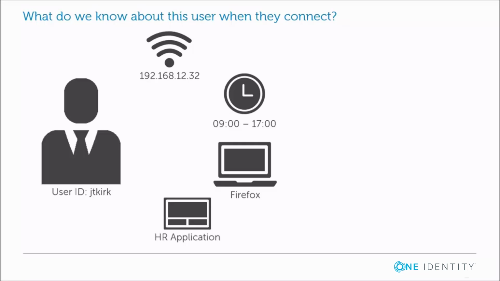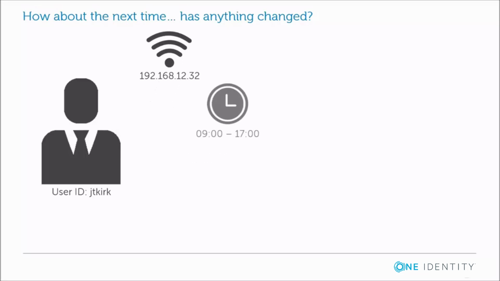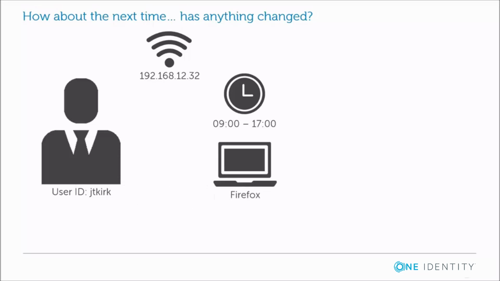Well, what about the next time this person connects? Well, we see his IP address. Nothing's changed. We see the time of day he's connecting. Nothing's changed. We see the browser he's using to connect. Again, nothing's changed. And finally, he's connecting to the same application he was before. The moral of the story here is that nothing's changed. What if we could pay attention to the fact that nothing changed and use that to make authentication decisions more